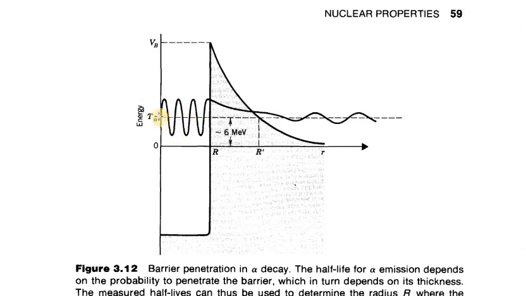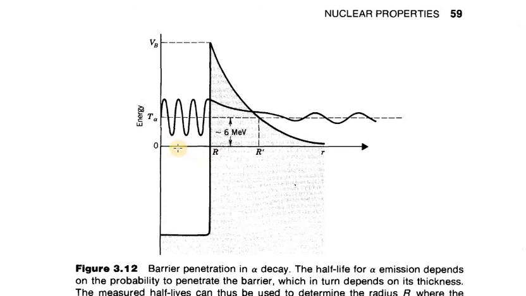In the case of alpha decay, the alpha particle is trapped inside the nucleus, and you see that it is not jumping over the potential, it is penetrating, a tunneling. Tunneling happens with a certain probability, it is a quantum mechanical process. The alpha particle is tunneled through the potential barrier and escapes. Before that, it has to take many collisions inside. We will study that later. Now just look at the picture and analyze it.